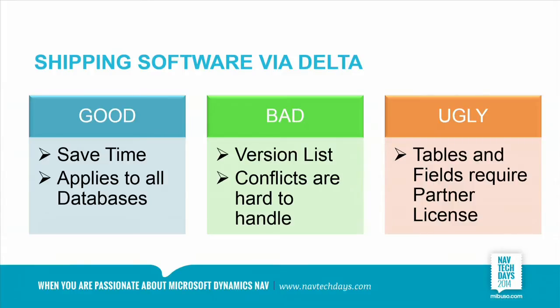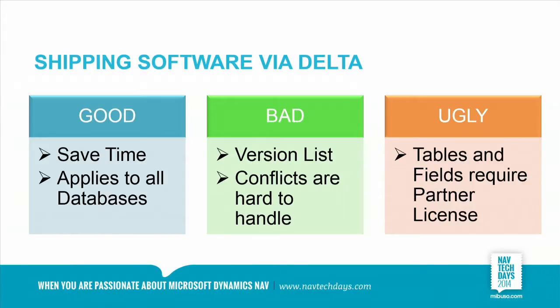database. There are some bad things. You have to start fiddling around with the version list. There are a couple of scripts that can help you do that. Conflicts are quite hard to handle. I already talked to Per Mogensen about this, and he's thinking about expanding his merge tool to give you a user interface to handle the conflict files.